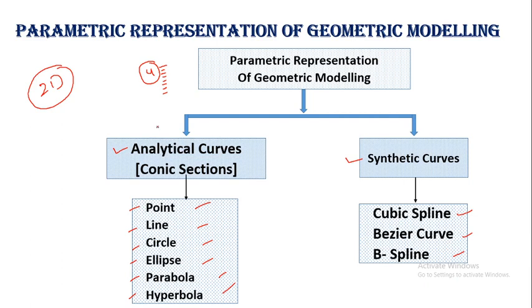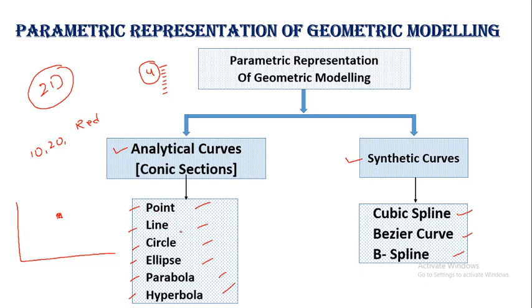To draw the point is very simple. The input you have to give is the pixel number of the point. Suppose 10, 20, red. The computer will make the pixel number 10, 20 with red color. So in this way you can draw the point. To draw the point you have to give the input as a pixel number with some color, 10, 20, red. Then it will make the pixel number 10, 20 with the red color. So in this way you can draw the point, and it's not so important.